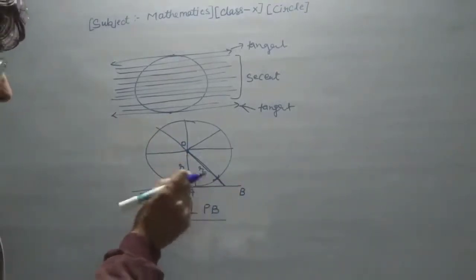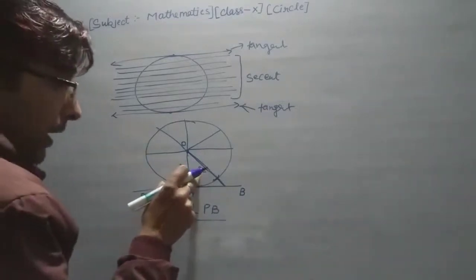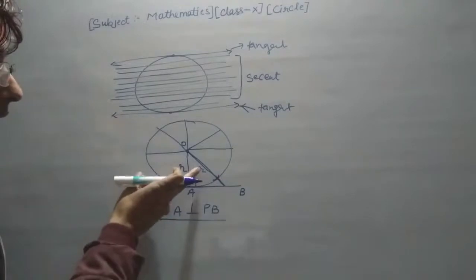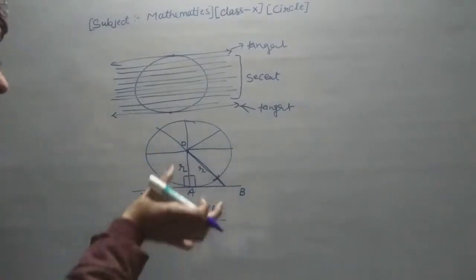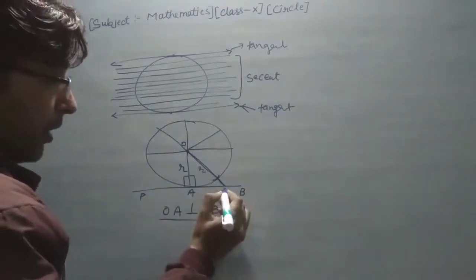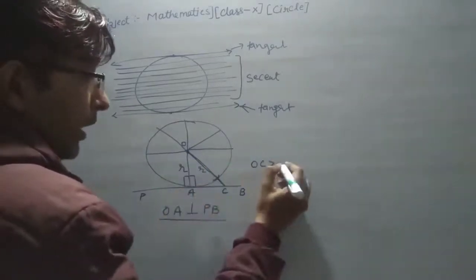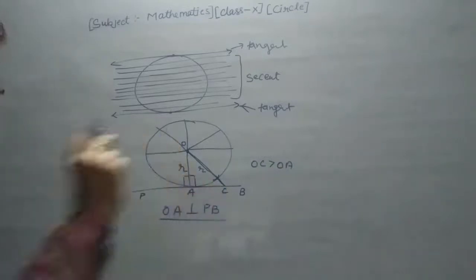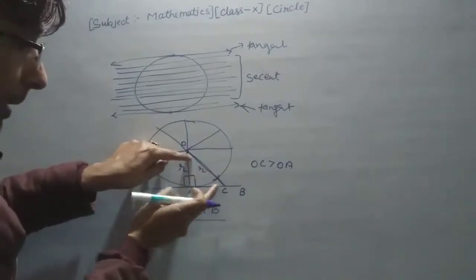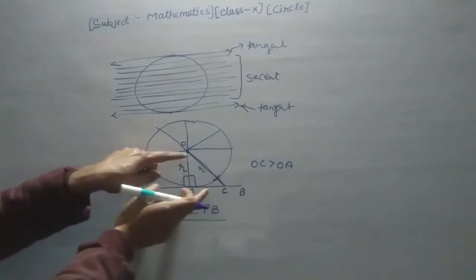And if you know one thing from the previous classes, कि 90 के ठीक सामने वाली जो साइड होती है वो आपके पास क्या होती है, बड़ी साइड होती है. 90 के ठीक सामने वाली साइड क्या होती है, बड़ी साइड होती है. तो ये आपकी रेडियस से बड़ी है. तो that means you have to say, अगर मैं इस साइड को लिख देता हूं OC, तो OC is greater than OA. Okay, OC is greater than OA because this is a radius. तो this radius is equal to this. But ये थोड़ा सा आगे बढ़ा है तो that means OC is greater than OA.